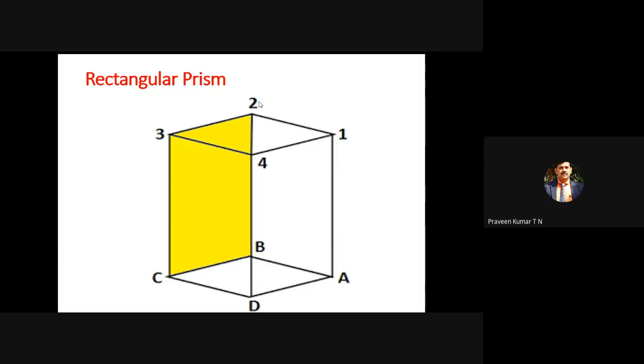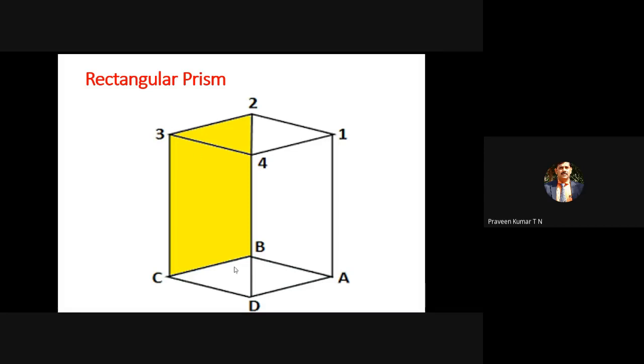In a similar way, we have the bottom face A, B, C, D. So you are taking this out initially. You are cutting along A, B, then B, C, then C, D, then D, A. Then you get one rectangle. You are taking out the rectangle totally. Then we end with only the hollow square prism.